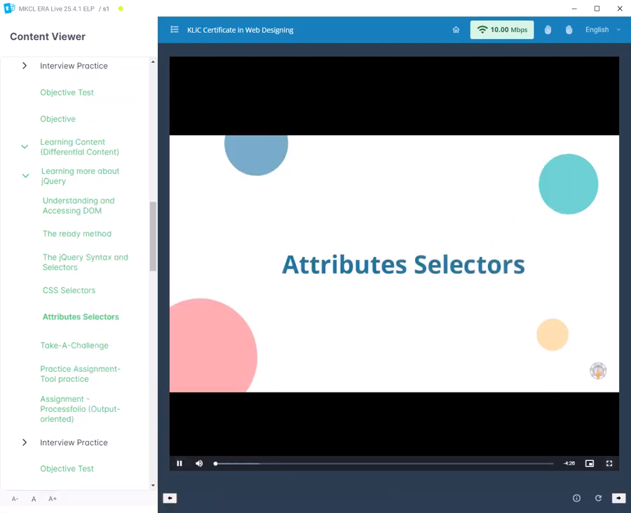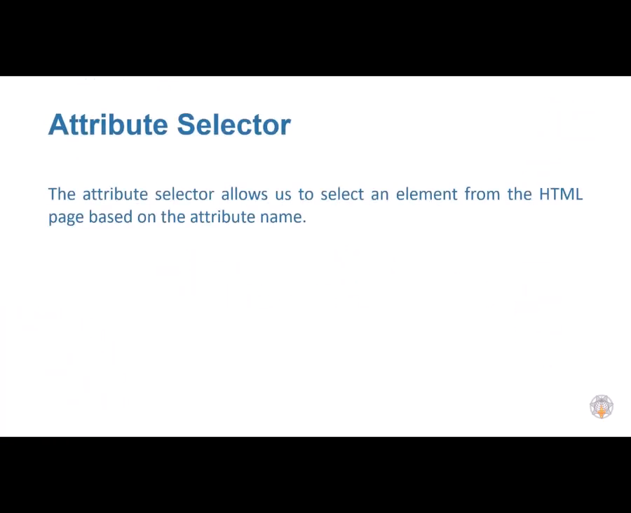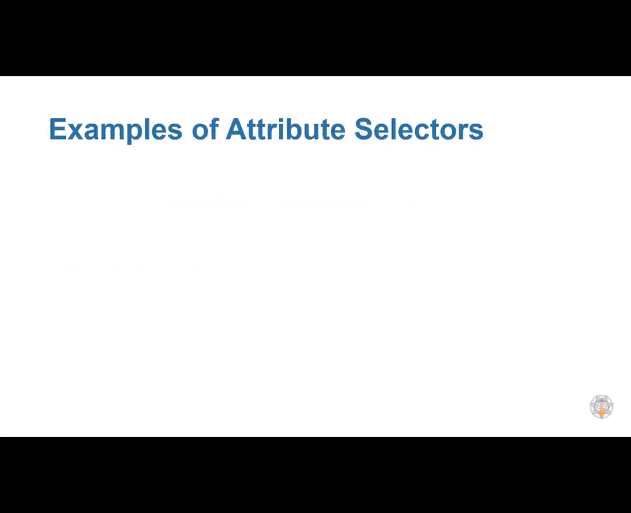Now, let us discuss what are attribute selectors. The attribute selector allows us to select an element from the HTML page based on the attribute name. To the jQuery function, if we pass the attribute name as its selector, then it is called a jQuery attribute selector. The syntax is as given below. Let us see few examples